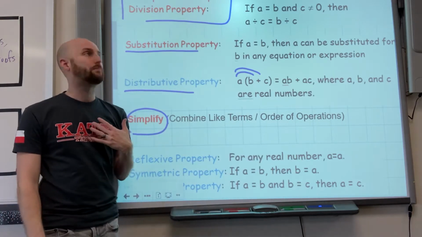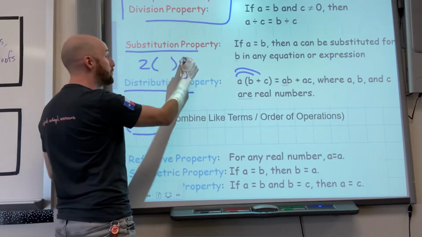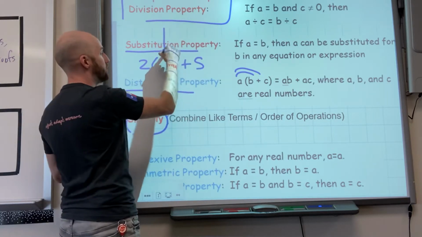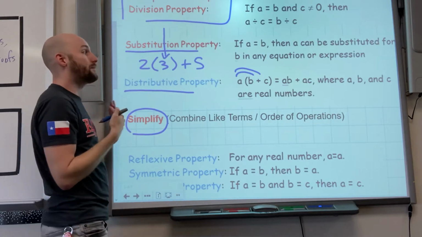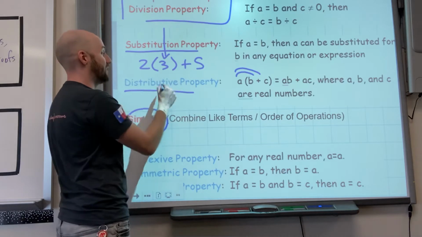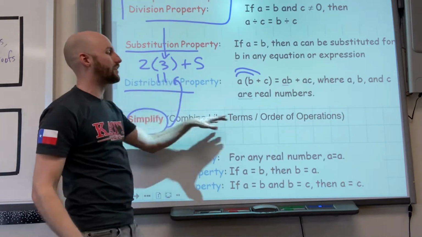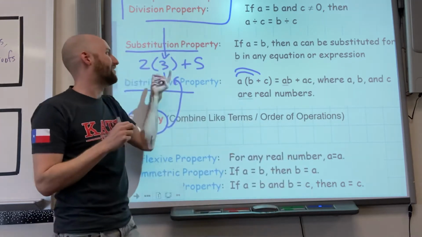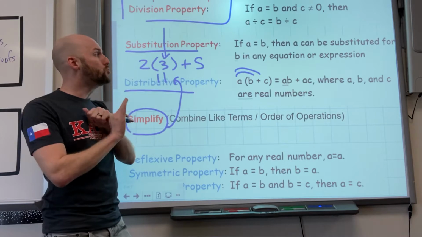What I mean by simplify is, let's say I did a substitution step that involved me plugging in x is 3, and then my next step is, well, the math is 2 times 3 is 6, 6 plus 5 is 11. I would say, what did I do? I simplified that. This would be like doing order of operations. I just kind of did the math that I saw. Because usually,